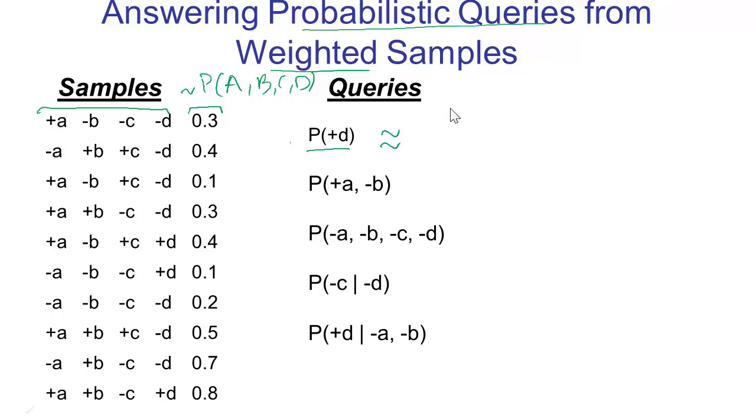The way we estimate this is as the sum over all samples. Let I index over the samples. There's 10 samples in this case, I from 1 to 10. The weight of that sample, Wi, times an indicator variable that takes on the value